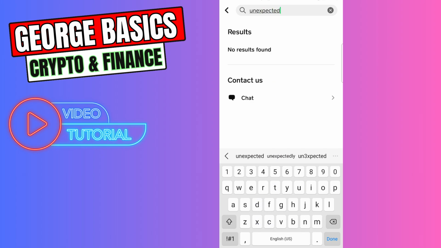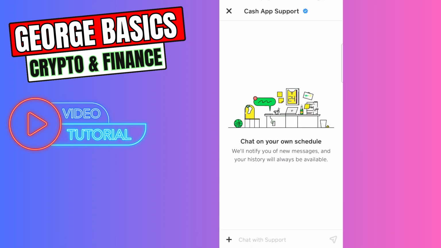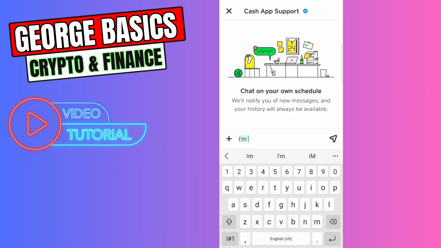So if there is no result, you need to click chat. And this is the direct way to contact Cash App support. So you need to explain the issue. For example, guys, you need to write